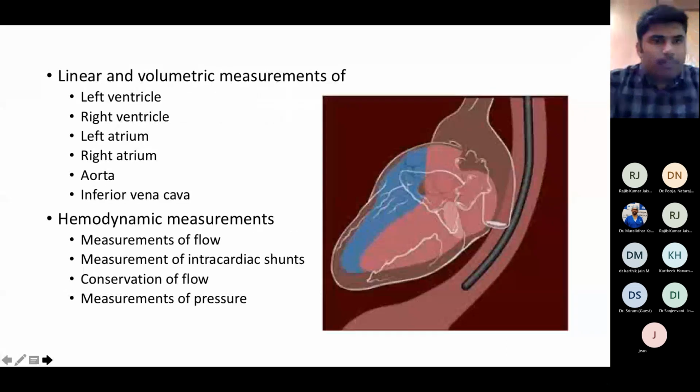For the next 30 minutes, I will present the chamber quantifications, their latest guidelines and the updates available. The last session will be on hemodynamic measurements, and I will discuss the basics of the various hemodynamic measurements. So, to begin with,